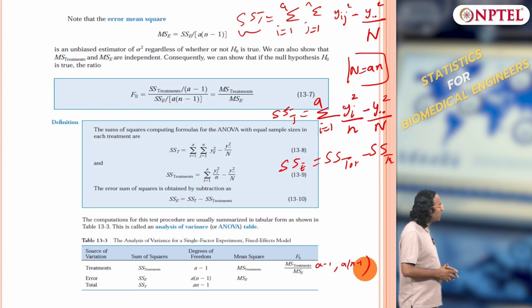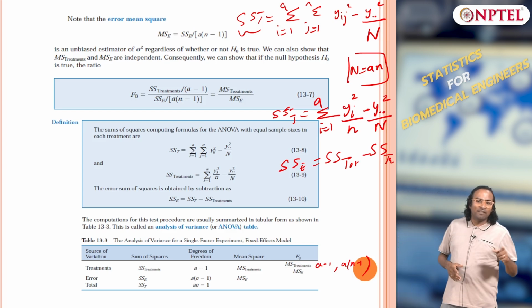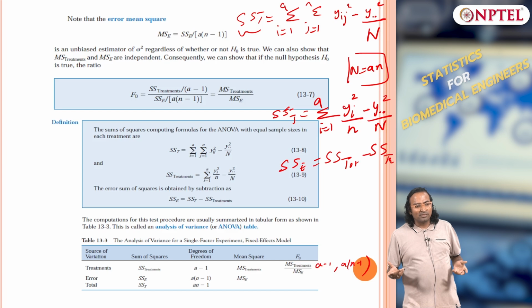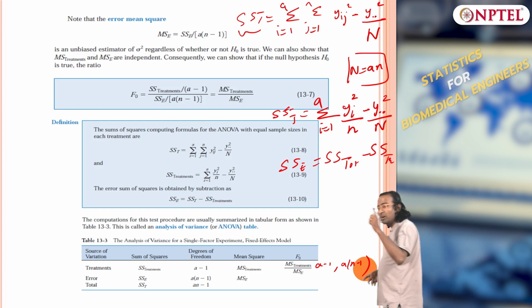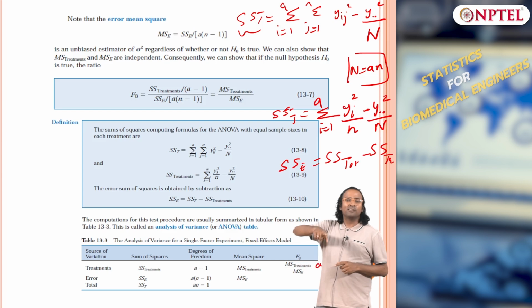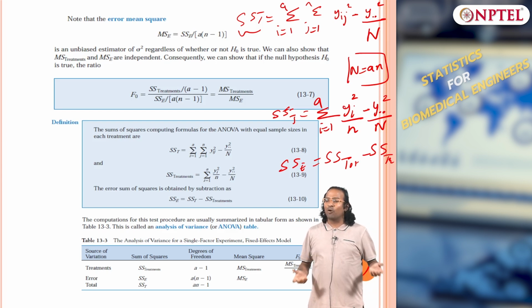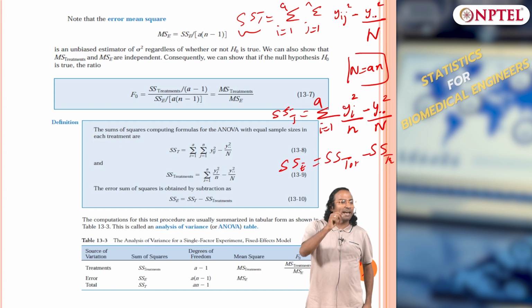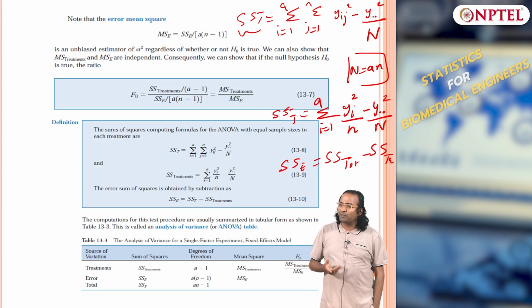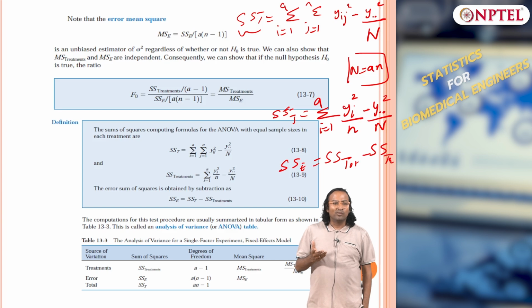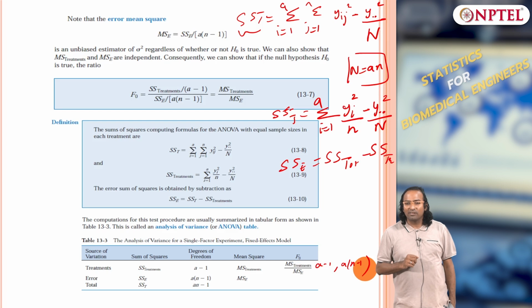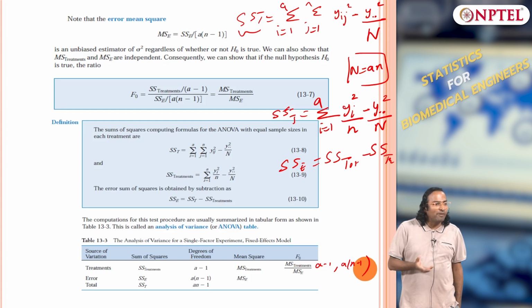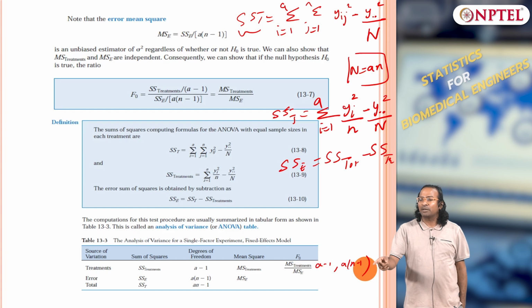And remember, this is where probability and statistics connect well. We could have calculated sum square treatment alone, but we would not have done any hypothesis testing. Why? Because without probability you will not know the expected value of sum square treatment. Then how do you conduct a statistical test? You will not know the ideal value of the ratio. You can take an F test, but what is the ideal value of F when each tau is 0? You will only know when you know the expected value of mean square treatment, okay.